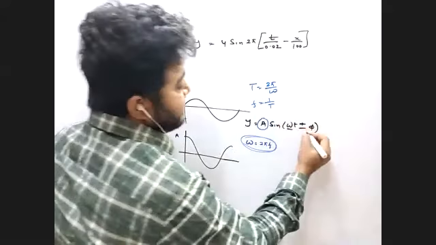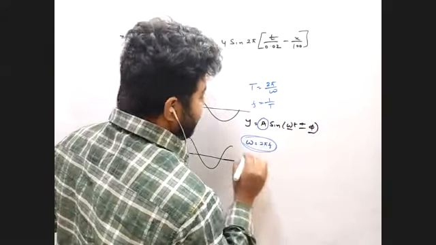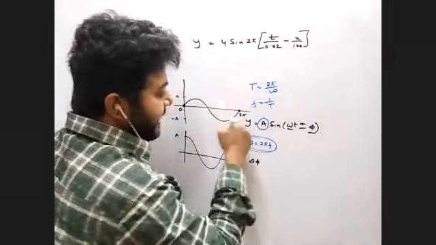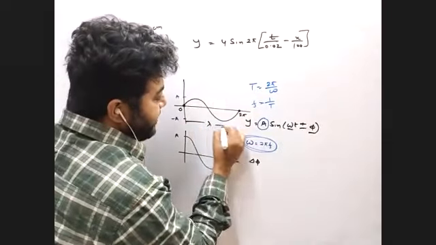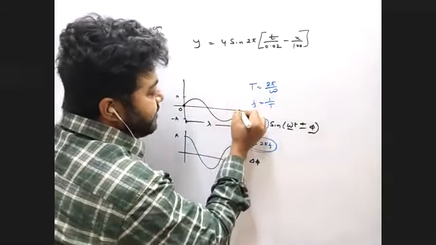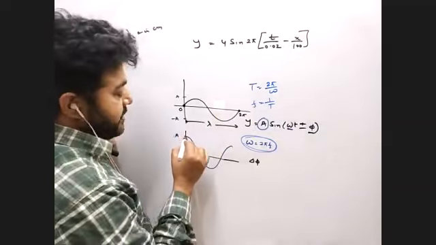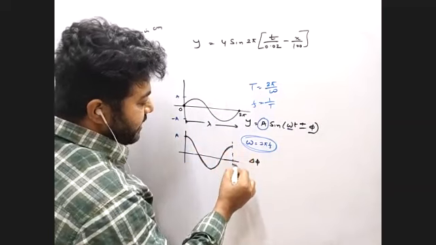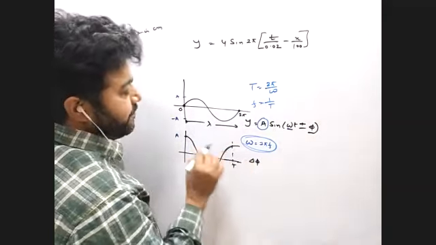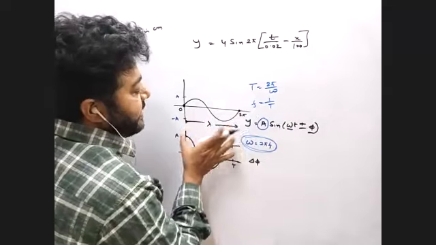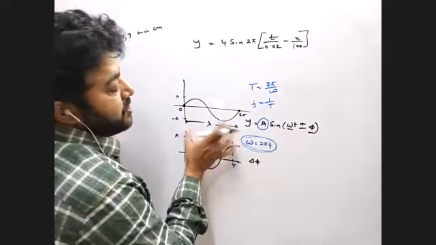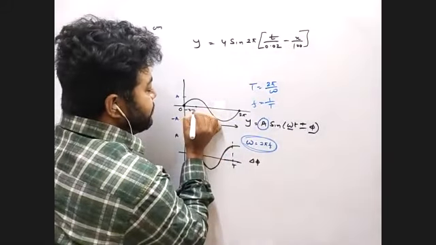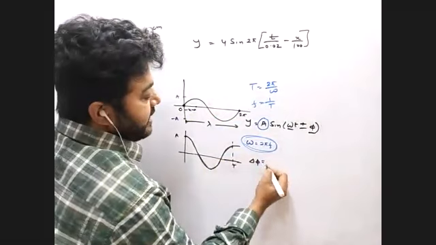Next is that phase angle. So what happens actually, this is the 0, this is the 2 pi whole angle, and that is called the wavelength. What do you mean by wavelength? A complete wave is called the wavelength. Suppose you start from here, the wave is complete here, means a complete time period, then it will move again. So from here to here the length is the wavelength, and the angle is 0 to 2 pi.